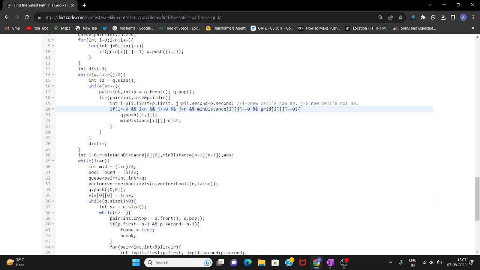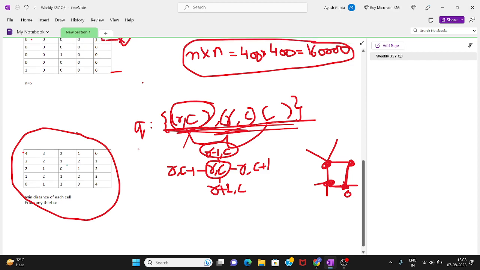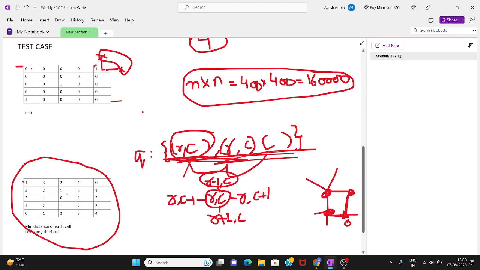So we have to write in this minimum distance vector the distance to reach this cell from any of the thief cells. This is the distance integer, which has been initialized with 1. So from a thief cell, to whatever locations we jump onto, we will go here, here, here, and here in the first iteration.